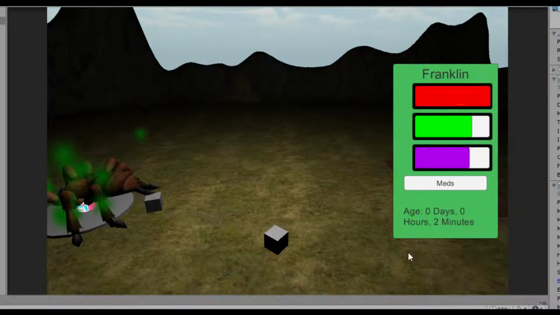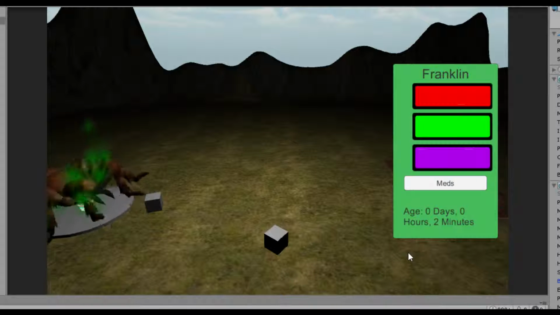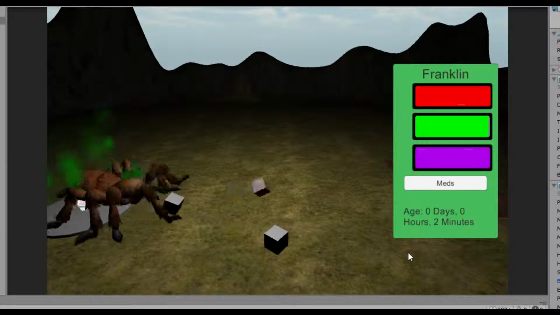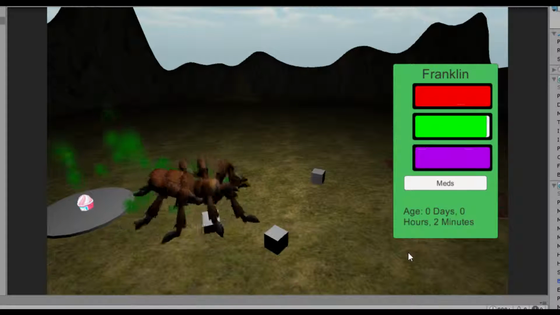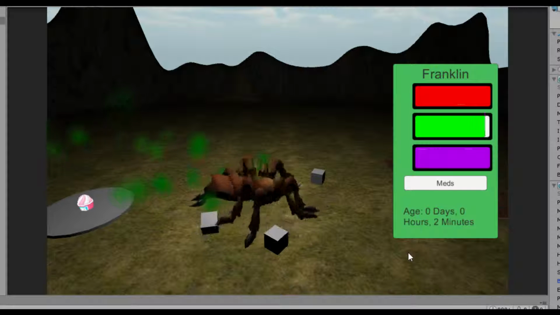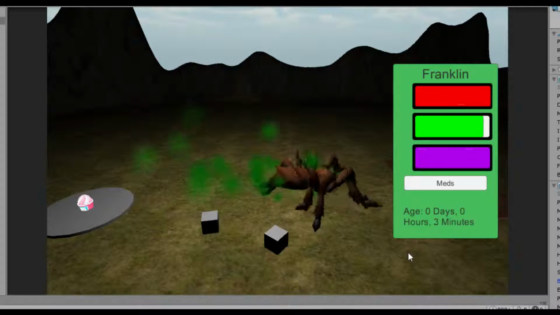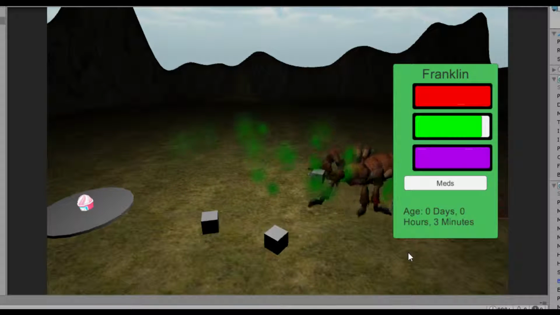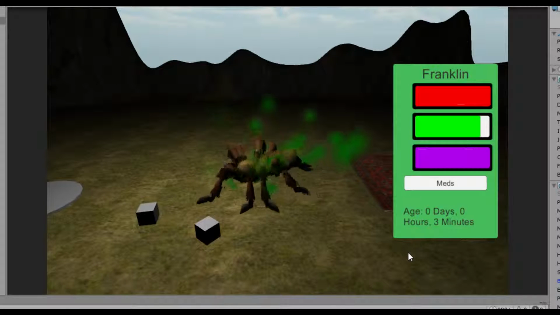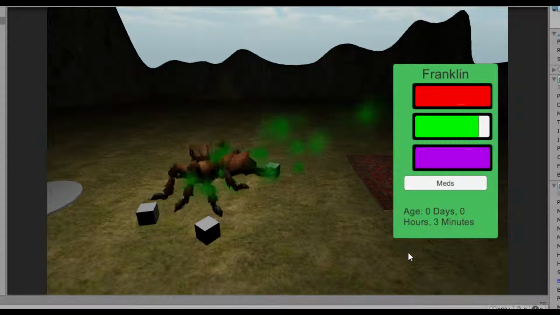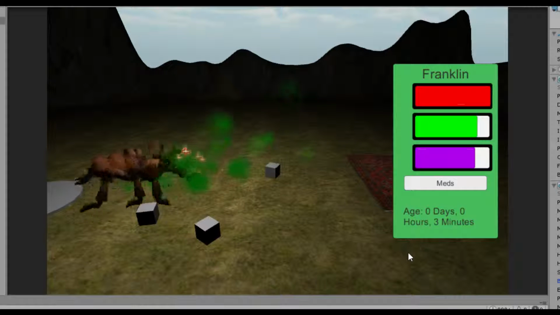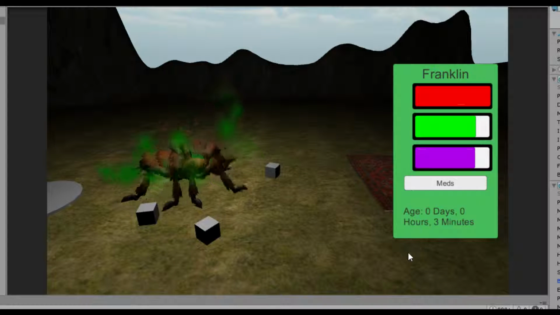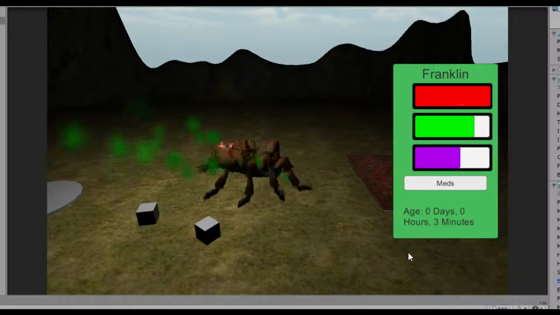And once the sickness reaches a certain point, it becomes very sick indeed, and as you can see there, it starts giving off a green smoke, which is not very good at all. But not to worry, because we have this handy meds button. You can apply some medicine to it, and you get another nice little splash of medicine that comes out every